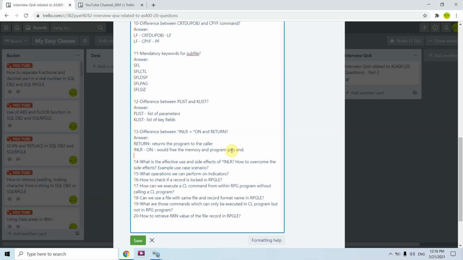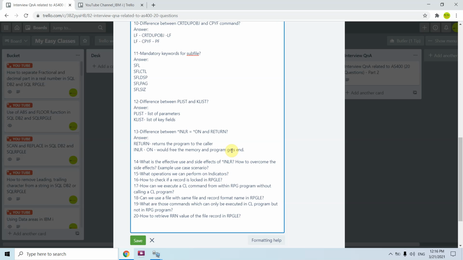But if we set INLR to on, it would free up the memory and end the program. So basically this is the difference between these two. If I had used INLR on and then return, it would first free up the memory and then return. So for example, if I call again, I would again be opening all the files, and again be setting all the variables and all those things.